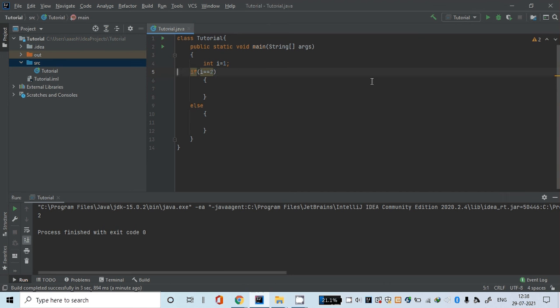Alright, so these are certain things which you need to explore in Java a little bit more, so that you can understand more and more concepts, and the more concepts you know, only then can you become an expert in a particular programming language. So now that I have explored what happens if you put a semicolon after those particular statements,